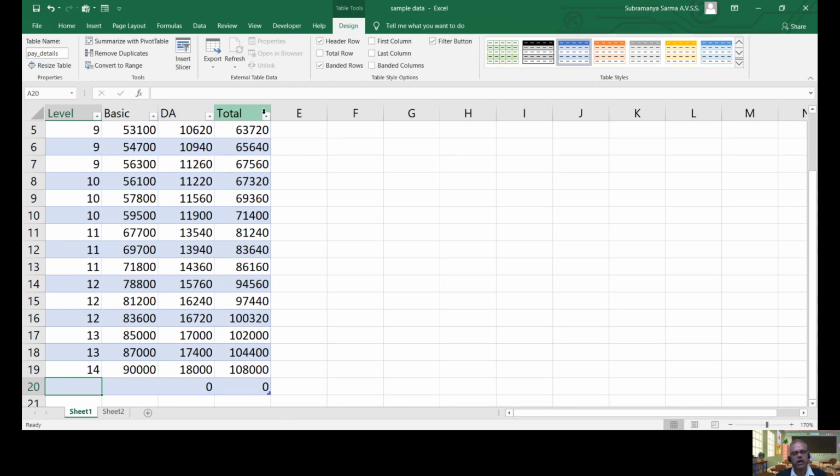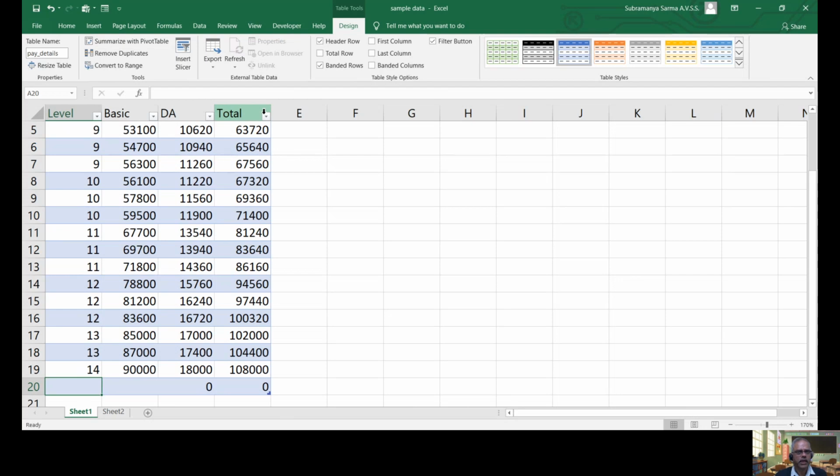to identify. Suppose you have 20 columns and say 20,000 rows, right? Suppose you are working with the 10,000th row. There, if the column headings are not there, sometimes because of multiple columns, we get some confusion. Again, we have to go to the first row and find out what is what. Otherwise, we have to freeze the column headings, right? So all these things need not be done if we convert the data into a table, right? Once the data is converted into a table, the column headings are frozen, right? They will be visible always on the screen. So that is another advantage.